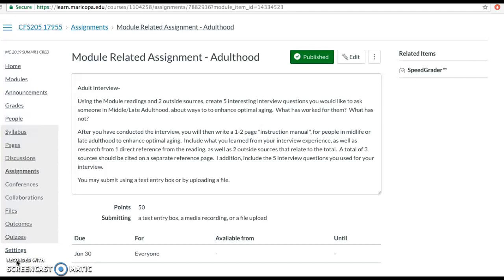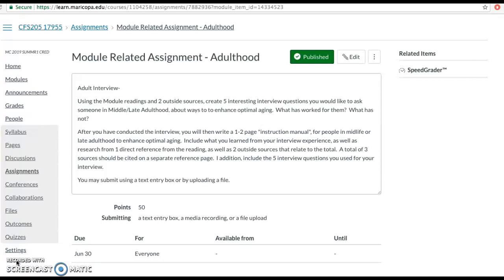In your research, you should include the readings from this week as a source, as well as 2 outside sources. You could, in fact, use the sources that you used that helped you understand midlife crisis if there was something interesting there. Any outside source that, of course, is not Wikipedia, that is going to help you in understanding how to age in the most optimal level that we can, because all of us would like to know how to age gracefully. We would all like to learn from those that have gone before us on what works and what doesn't work. And it's really, really interesting to get those kinds of insider tips when we conduct an actual interview.